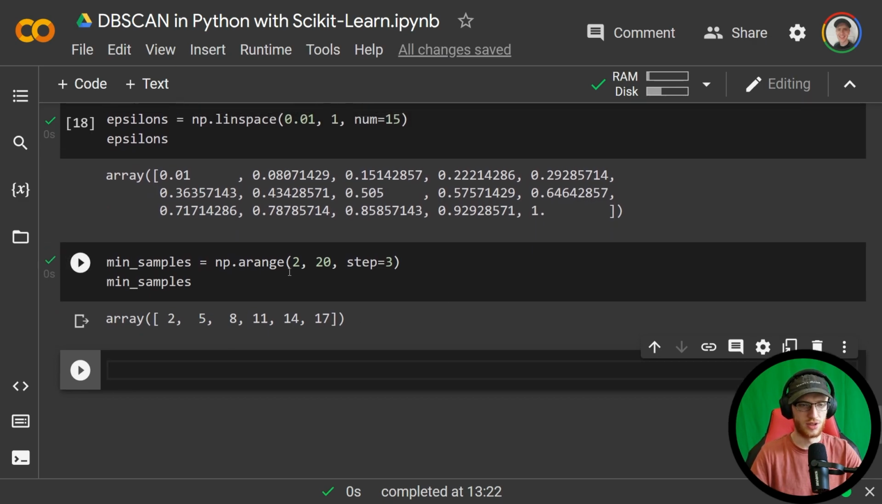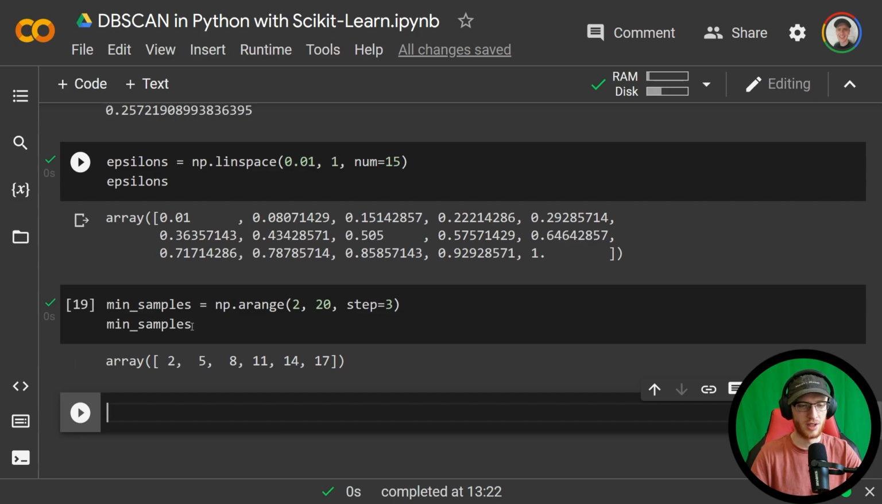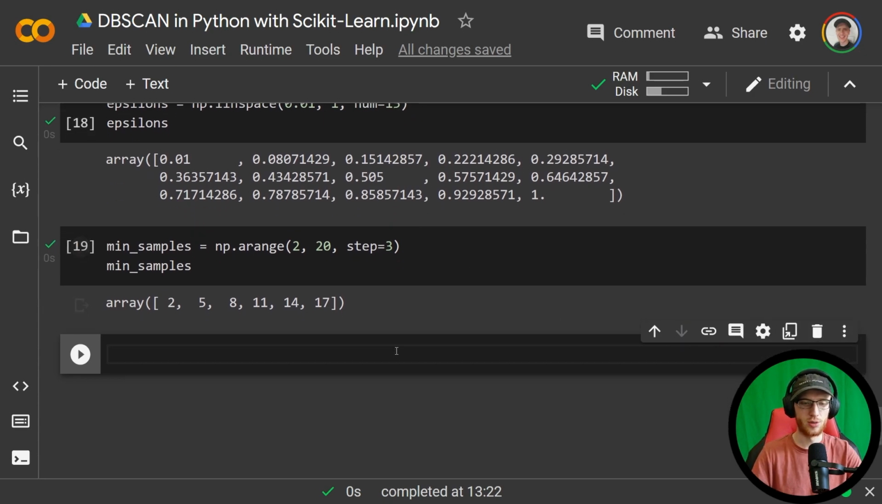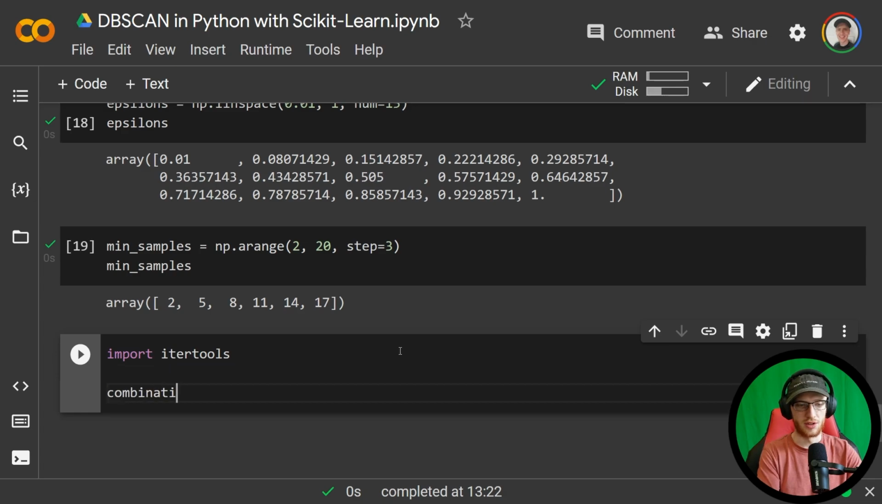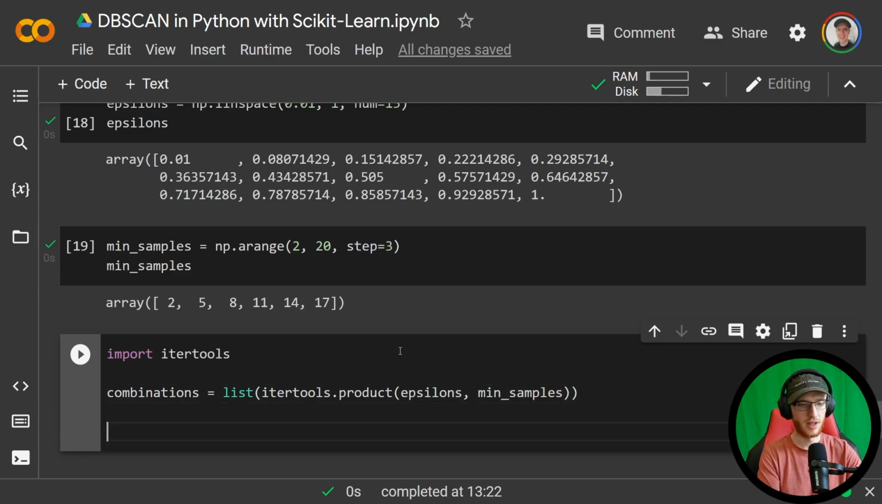And so a grid search is just going to try 0.01 and 2, and 0.01 and 5, and 0.01 and 8, and all of those combinations. And then 0.08 with 2, 0.08 with 5. So it's just trying all these different combinations to try and get a good one. And an easy way to get those combinations is just import itertools, and then you can do combinations is equal to the list of itertools.product with epsilons and min samples. Okay, and then combinations